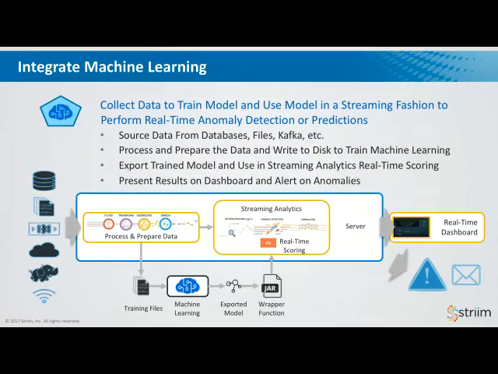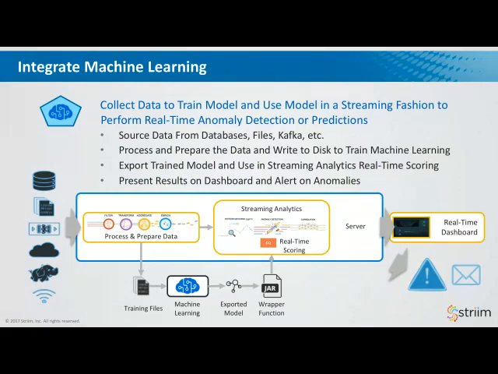So now the same data that is being accumulated for training can be passed into the in-memory streaming part and compared against the model, pushed through the model to see what the model tells you about it. That would enable you, on real-time data, to immediately see if an anomaly was occurring, or predict when something was going to fail, or classify something in some way based on the data you're getting. Maybe it's image classification. Right? So all these things can be done if you have this kind of architecture that enables you to train the machine learning model and to do real-time scoring.